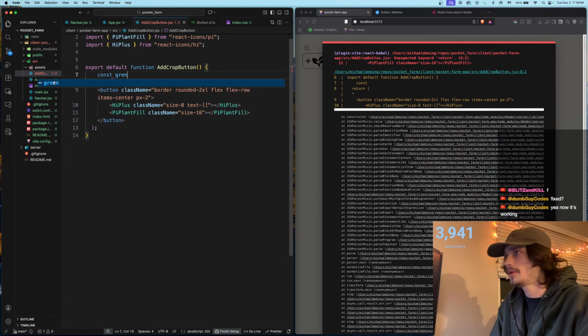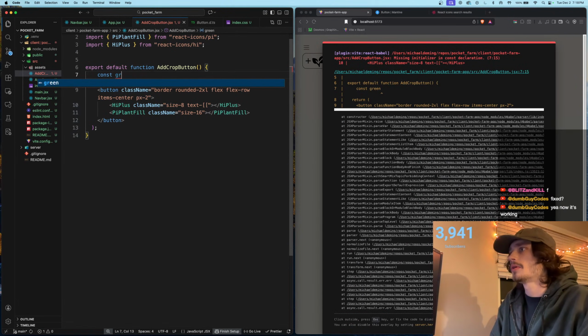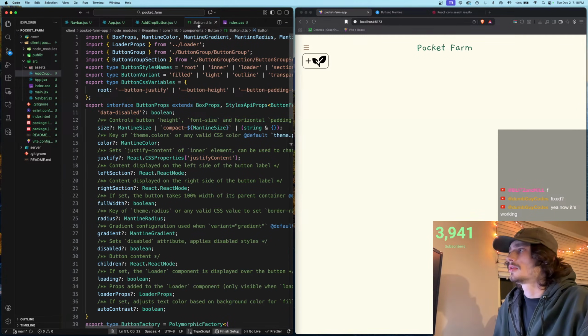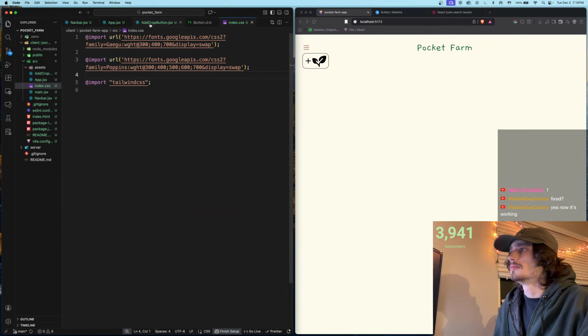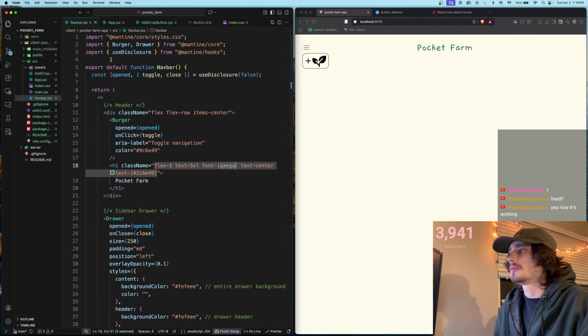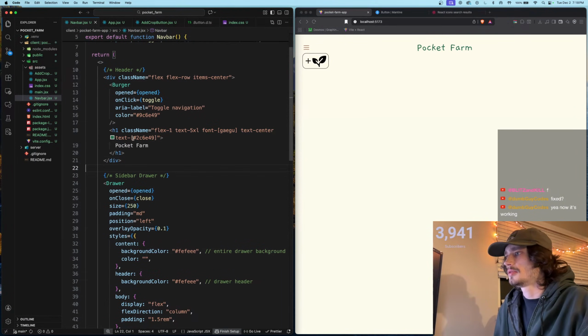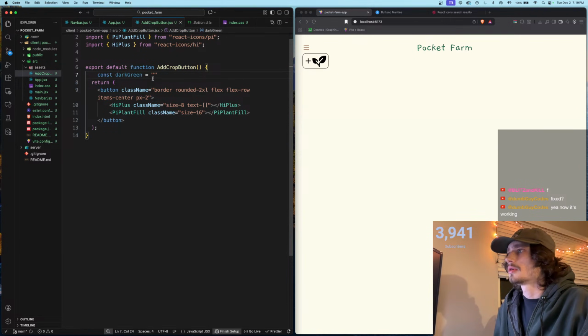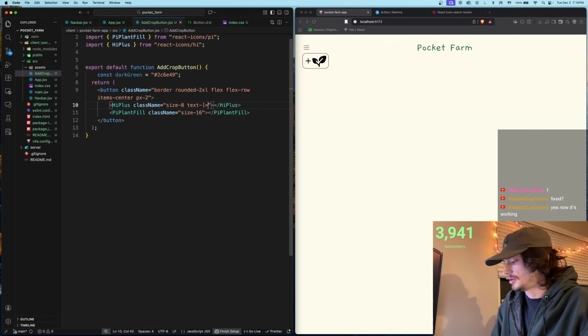We'll say dark green is equal to, we'll make it a string. Let me go over to my nav bar here I made off stream. Grab this guy here. Set that. Now we'll go into here and set text equal to